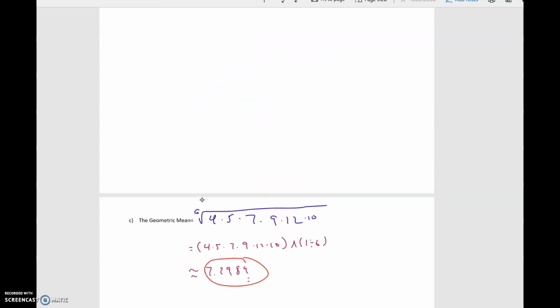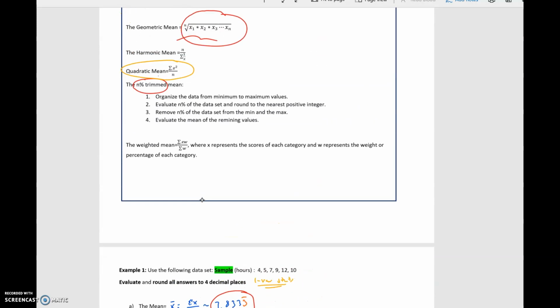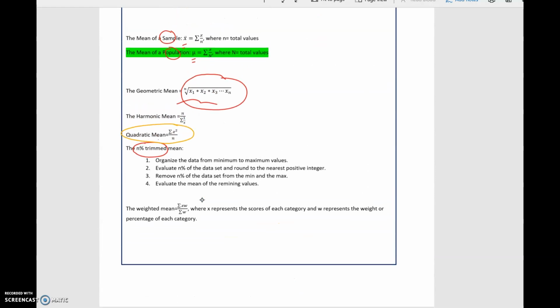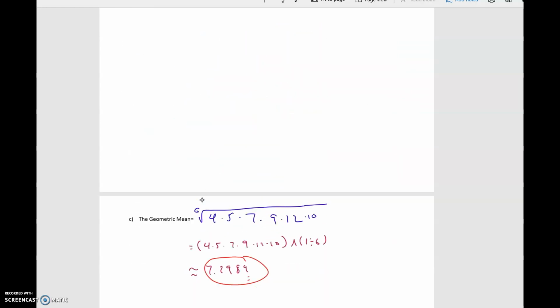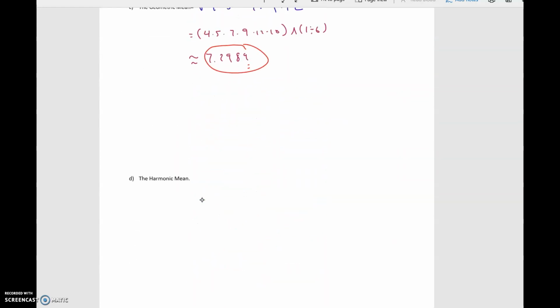Let's take a look at the harmonic mean, and you have to be very careful for the harmonic mean. The formula says that you're dividing technically n by the sum of every reciprocal. So this was going to be a little bit hard to evaluate in the calculator, but this is how you're going to punch it in so that I know that you're evaluating this one. So in this case, your actual harmonic mean is going to be equal to, so you just have the value of 6 on the top